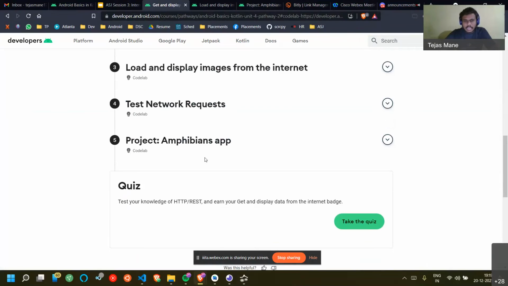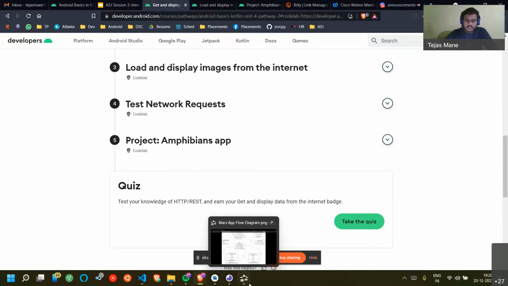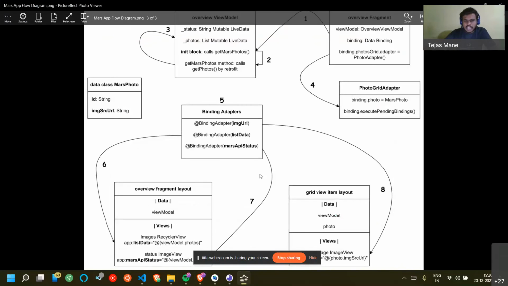There is an amphibian app also, but I think you all can do this by yourself. No need to explain this. They have given all the instructions in the code lab, wise and clear. So you can see the instructions and take help of your previous code labs and do this operation. Also, I will share this diagram.